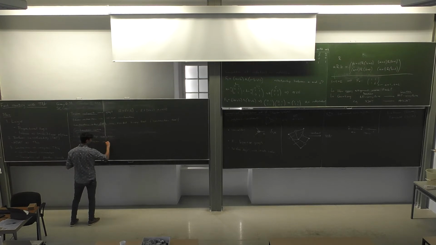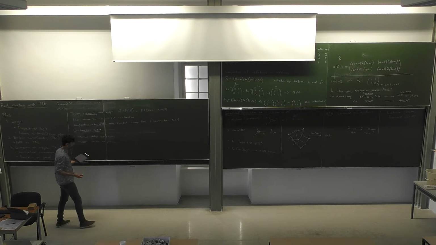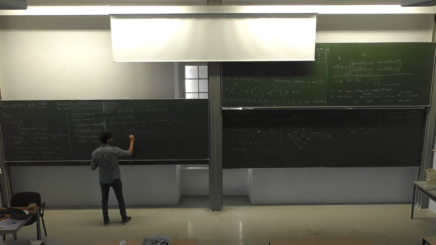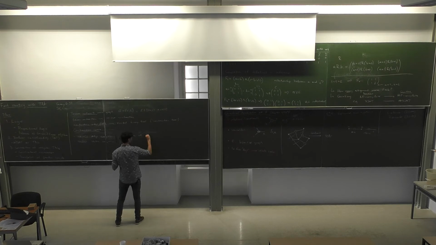And I want to show you, intuitively, these are easy to understand, but the jargon is a bit difficult. So what is edge congestion of a graph G? It is the minimum over all tree embeddings